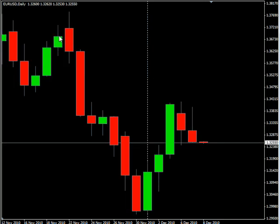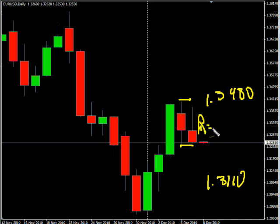Okay, now the Euro USD, this particular pair closed down today. It did create an inside bar. Definitely going to be looking for the breakout on this one. It's going sideways, bias is sideways currently. Potentially moving as high as 134.80, possibly as low as 131.10. Look for some resistance around 134.50 and look for some support around